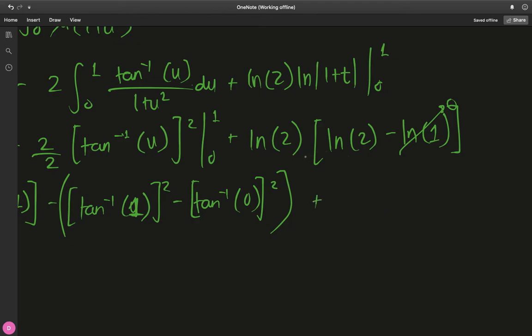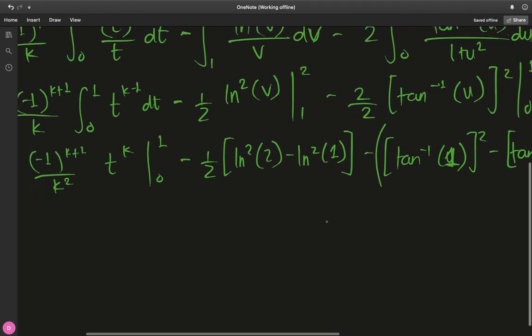This becomes natural log of 2 times natural log of 2, which is natural log squared of 2,